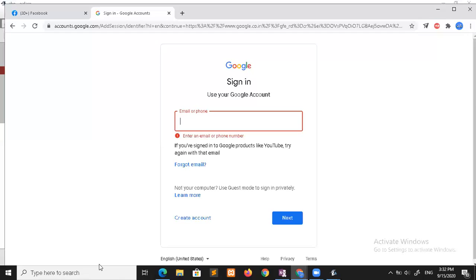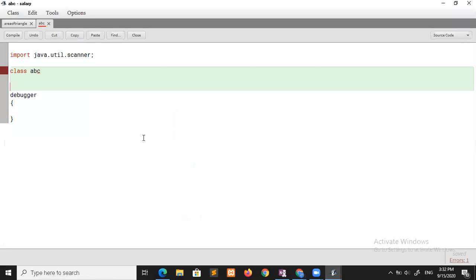There are 3 types of errors: syntax error, logical error, and runtime error.